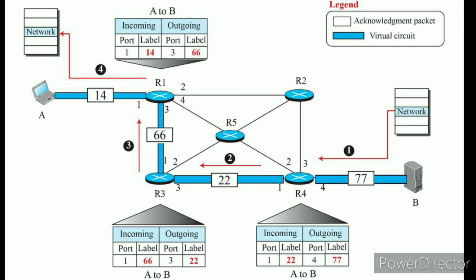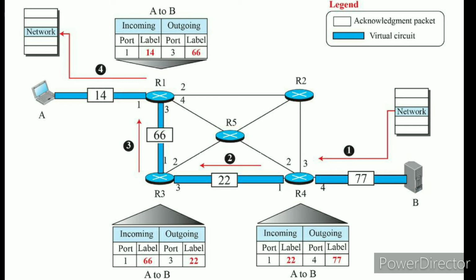So what does this request packet contain? It contains only a source address and a destination address, only SA and DA. This is what we have done in the request packet, where it has been sent from the source to the destination. Next we'll see the acknowledgement packet, transferred between the destination and the source.